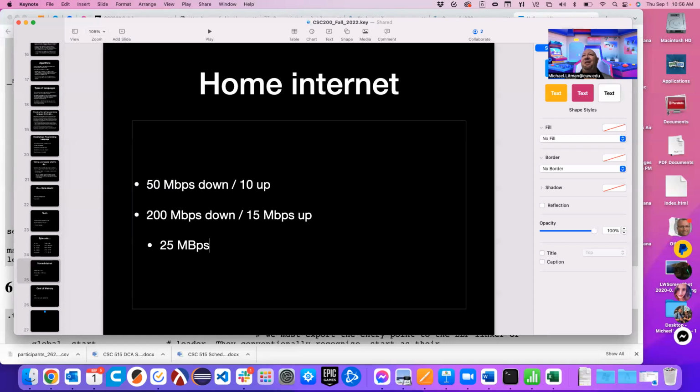Your download speed is their upload speed. So let's assume, we'll give an extreme example. Let's say you got some old school guy on the corner still using dial-up, right? You know, he robbed a museum. I actually probably still have one of my 56K modems in a box in my basement. It's probably labeled tax documents. I might not be kidding.